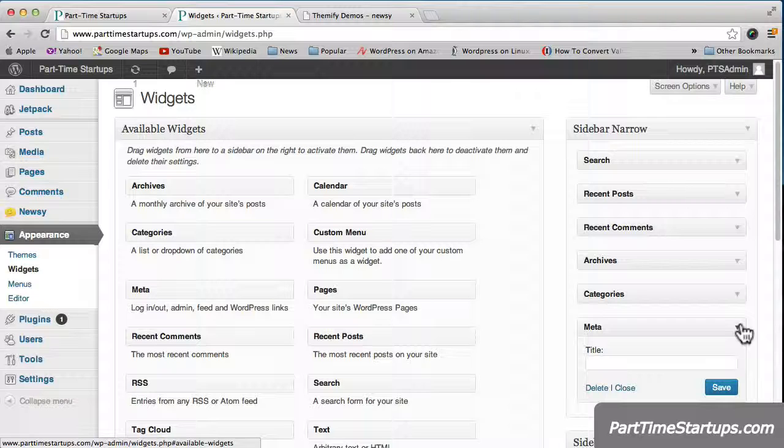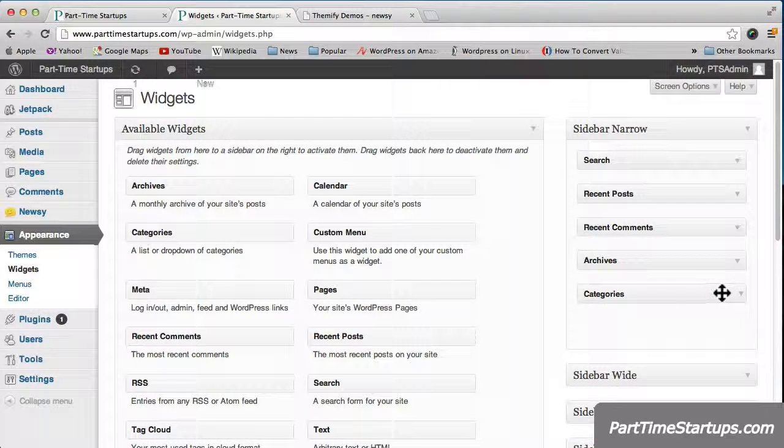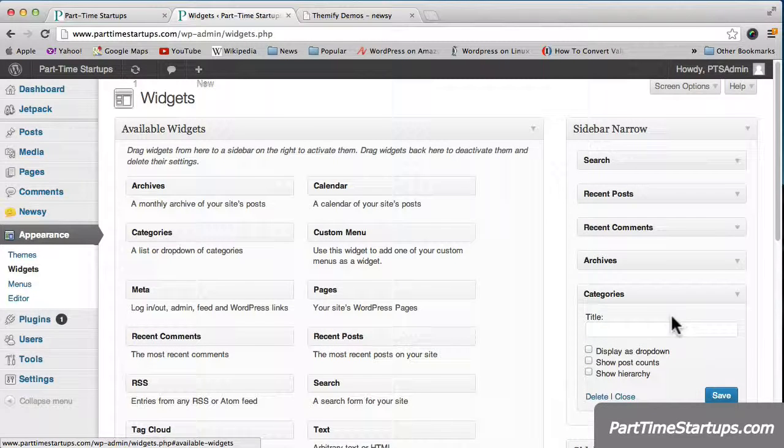I don't want to show the meta information there, so I can just delete that. And I like to show categories, but I want them titled as topics, not as categories. Okay, save